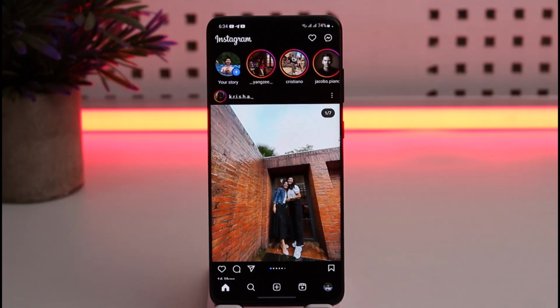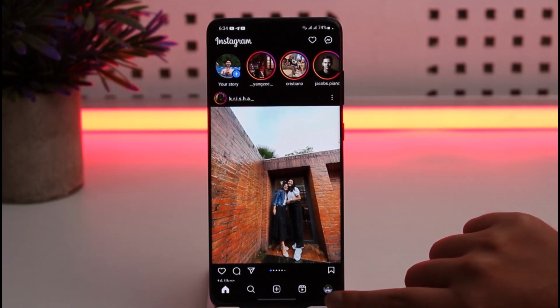First of all, what you're going to do is open up your Instagram and get logged in with the account that you would like to turn private. And the one thing that I would like to mention is, if I go to this profile icon at the bottom right corner,